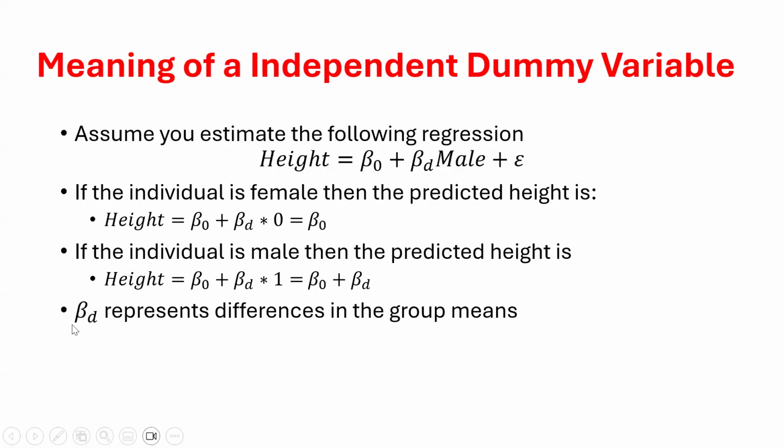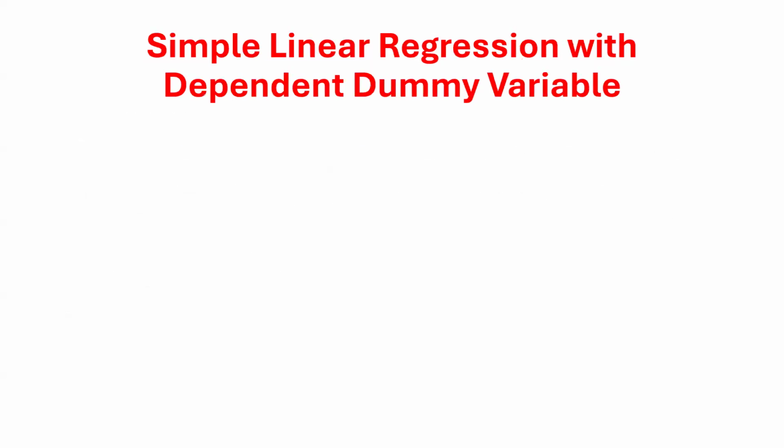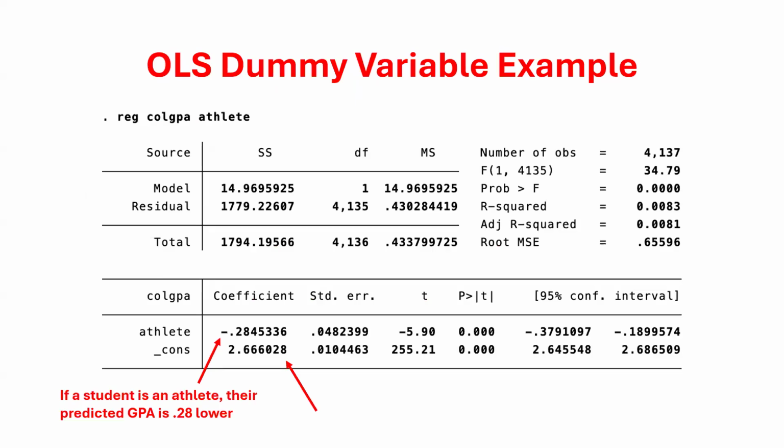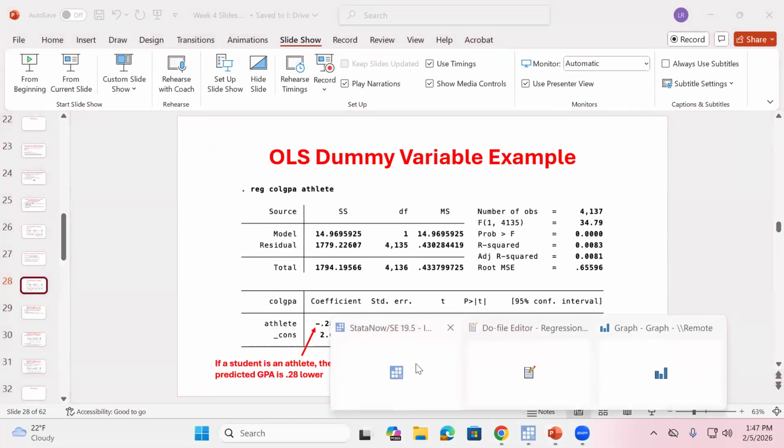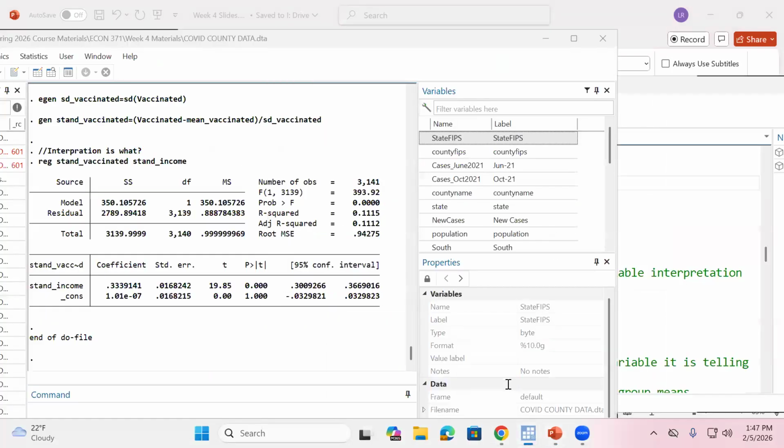So what would the slope coefficient represent? Basically, it's the difference between that 0 and 1 group's y variable, or the difference in means. Okay. So I think I've got an example here. Let's see if I went through. I didn't. We've already talked through these interpretations. I want to go back to Stata here for the sake of what we've been talking about.